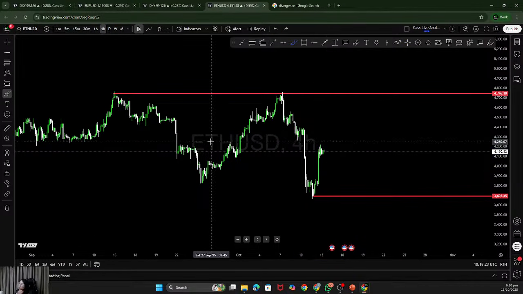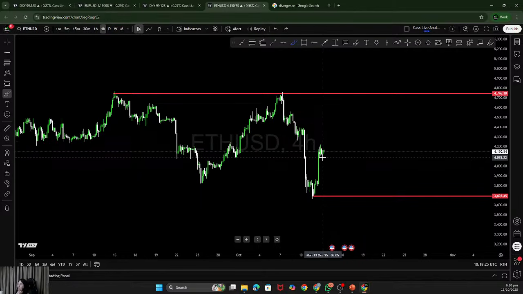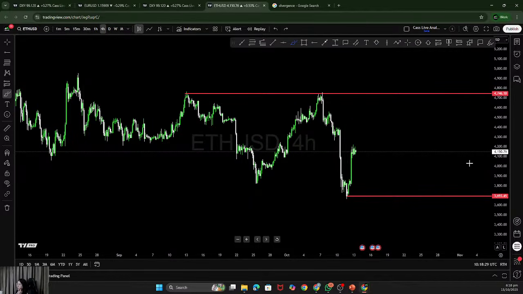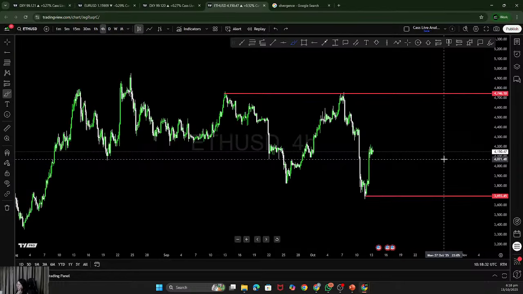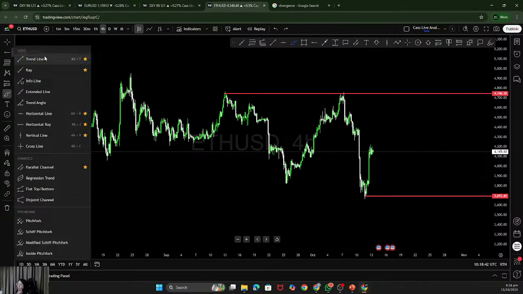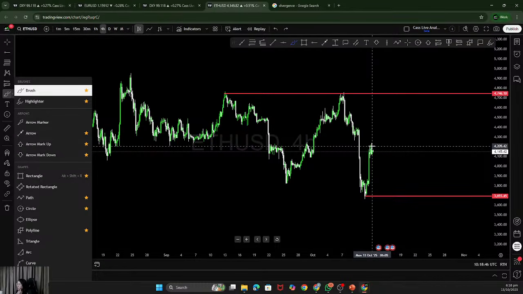Okay, I have a rule. If price is in the middle of nowhere, I don't have a trade, but I'm going to try to see if I can get an entry for later. I'm just not very confident with the direction right now. I do think that it is still moving on a downtrend. Okay, my best bet for Ethereum is that if it pulls back,